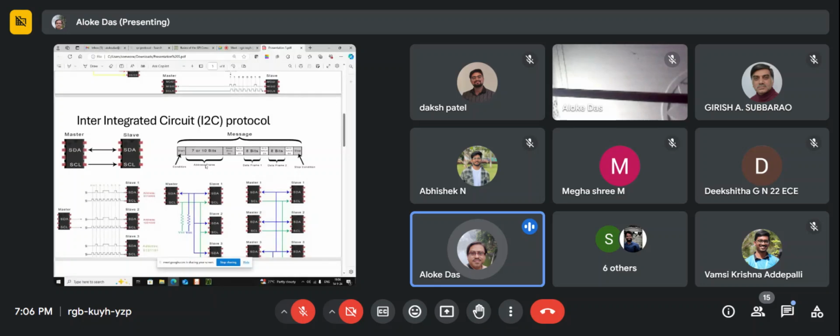So internally, each slave will decode that 7-bit value, and it knows what its own value is. If it matches, then after the 7 bits, whatever the rest of the things are, from here to here, it will accept. Otherwise, if this doesn't match its address, then it will discard, do nothing, and ignore all this. Whenever this value matches its own value, only then it will accept the next bits, and then